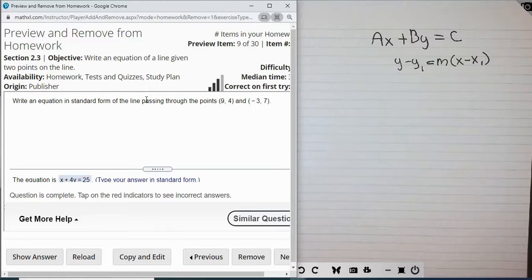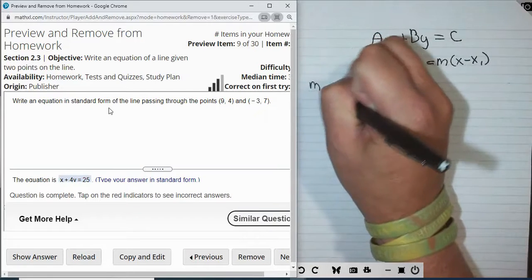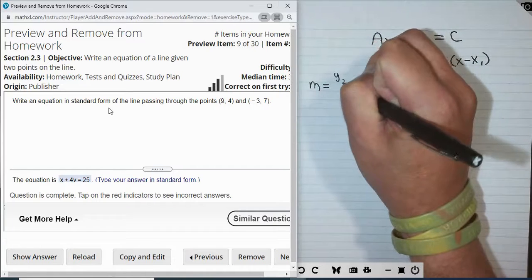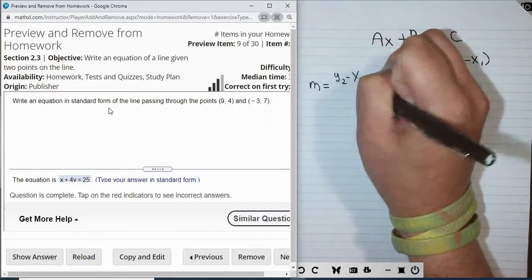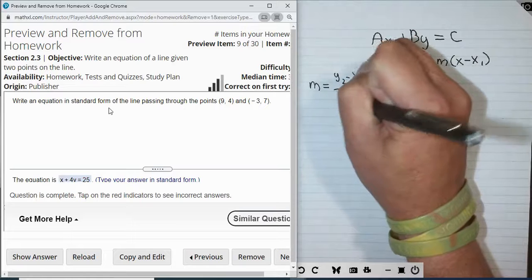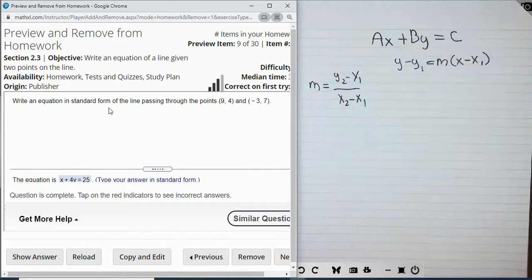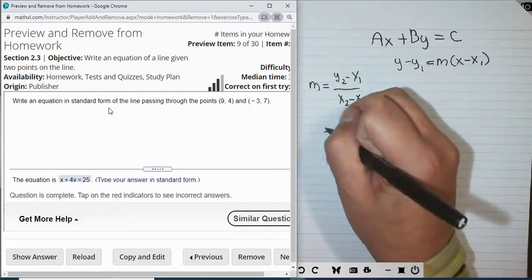the slope. So when we look at our problem, you might say, hey, there's no slope given there. But remember, we can find the slope here by using our slope formula, right? Remember, our slope formula is m equals y2 minus y1 over x2 minus x1. So the first thing we'll do here is calculate our slope, right? So we're going to